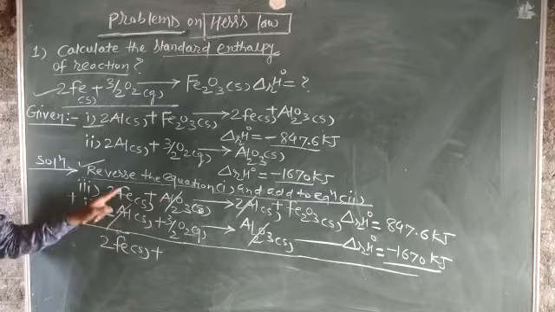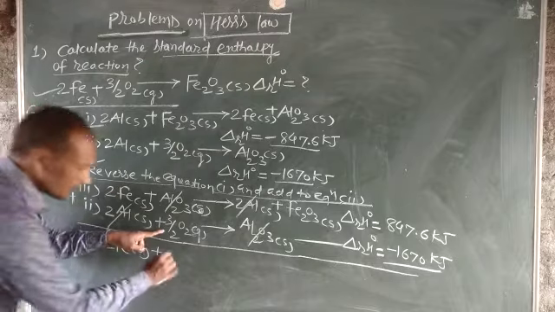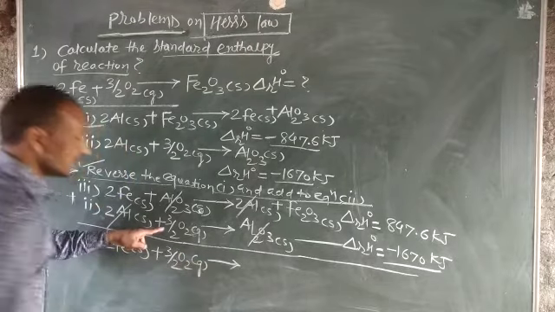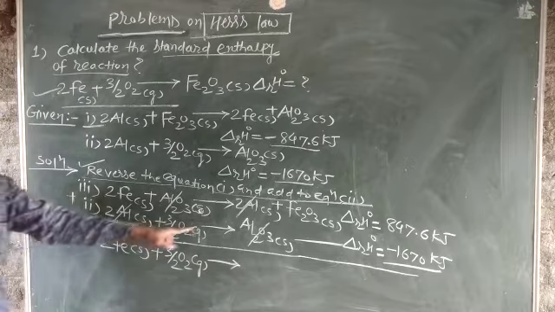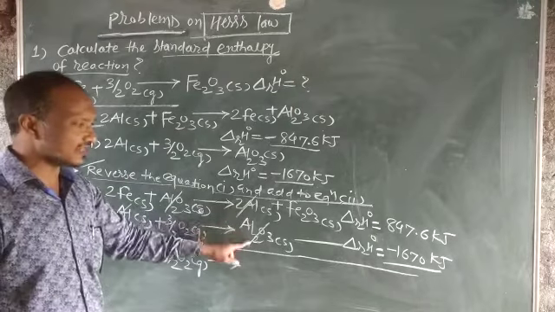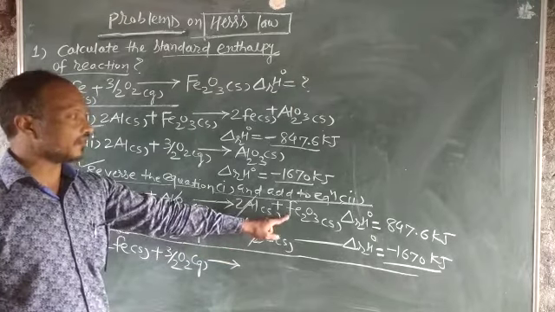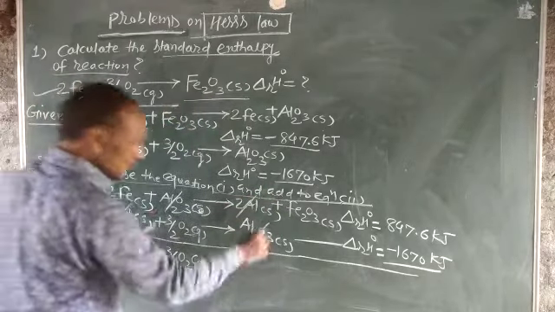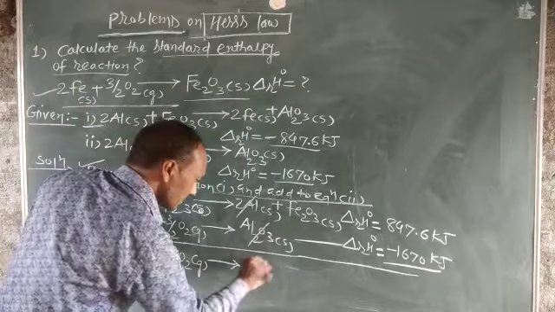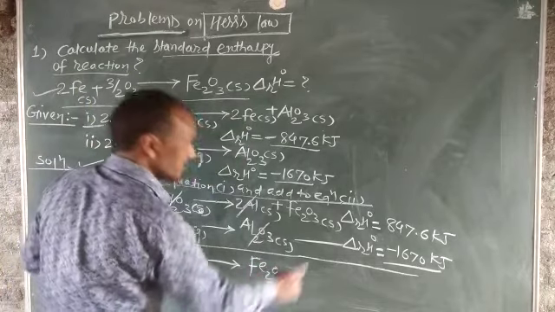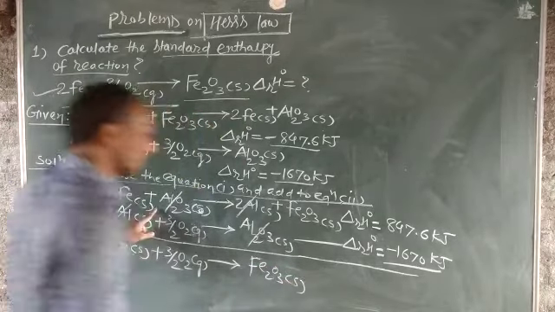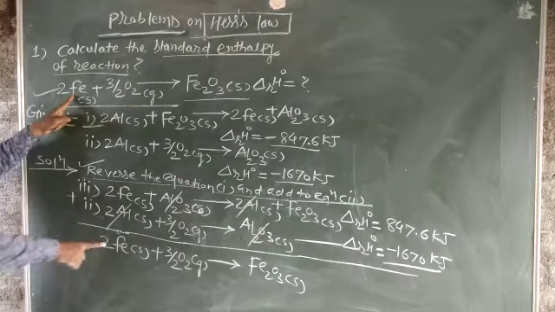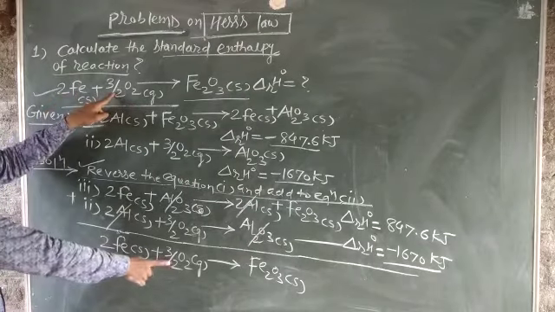Therefore 2Fe we have written as it is plus 3/2. It is what now? 3/2 O2 gas. 3/2 O2 gas, it is cancelled. So what is left now? This also gets cancelled. What is left? Fe2O3. In the required equation, the product is now what? Fe2O3. It forms Fe2O3. आता पहा Fe2O3 कसा आहे? Solid. So in this way, we have got this required equation: 2Fe as it is, 3/2 O2 as